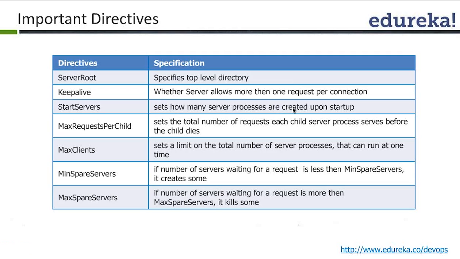Okay, and then you have the min spare and max spare. If the number of servers waiting for a request is less than the min, it creates some, and if the number of servers waiting for a request is more than the max, it kills some. So what this does is, see, I'll tell you why